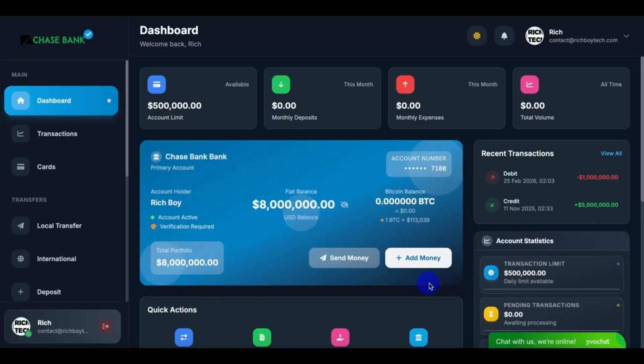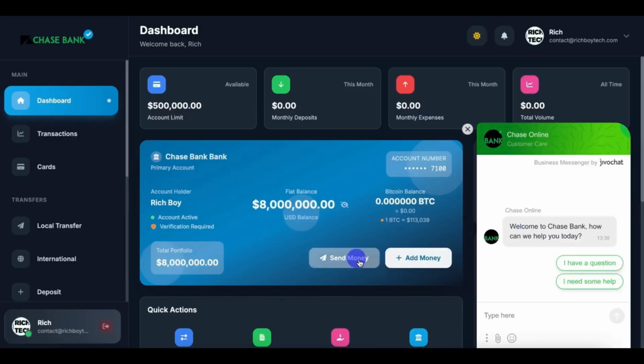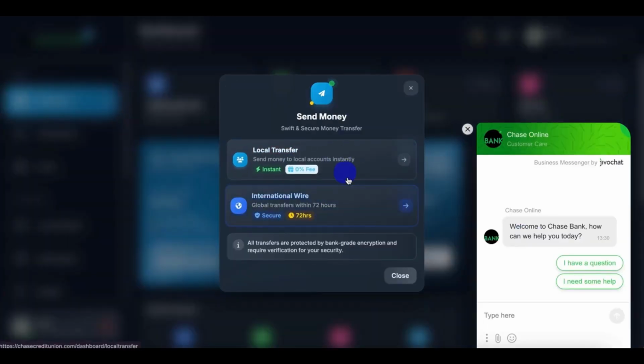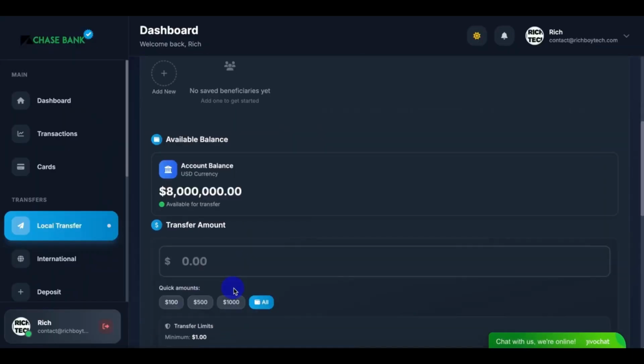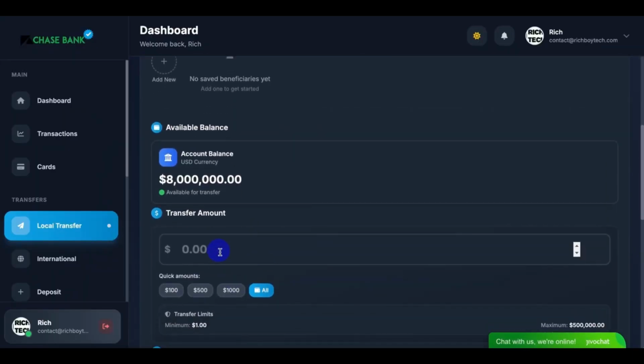So we'll be making a transfer and testing it out. So let's try and send money. Let's send money. Let's make a local transfer first. You can see our balance is 80 million. So let's transfer